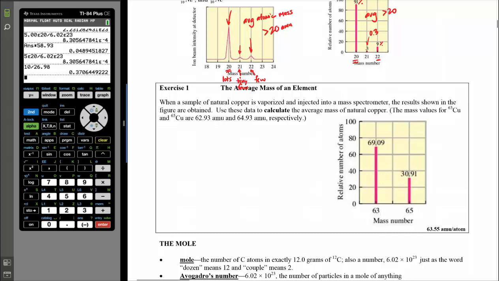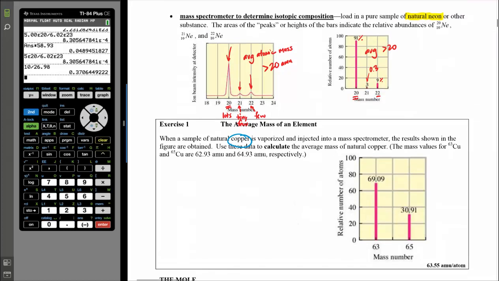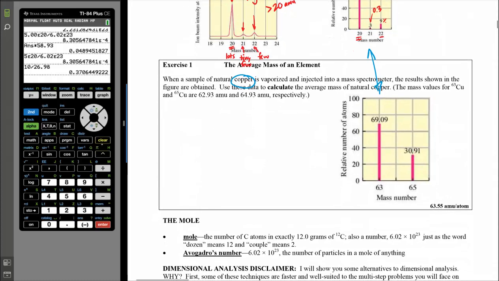In this case, the data is given to us for a sample of copper. Copper is vaporized and injected into a mass spectrometer, and the results are shown. This graph is much like the second graph that we saw for neon, but the data for this one is for copper instead. And the problem tells us that we're going to be asked to calculate the average mass of natural copper atoms. It also tells us the mass value for copper 63 is 62.93,